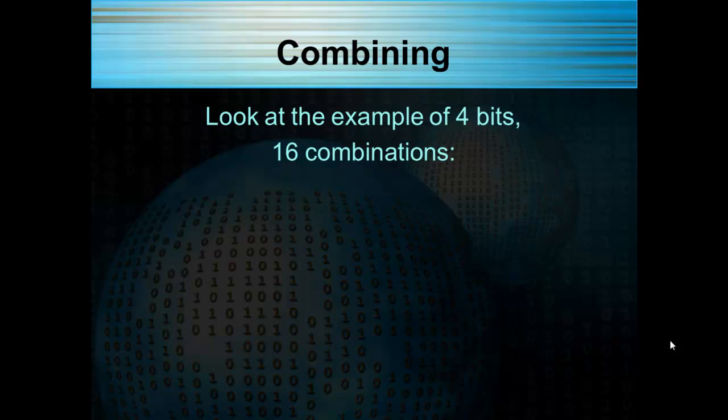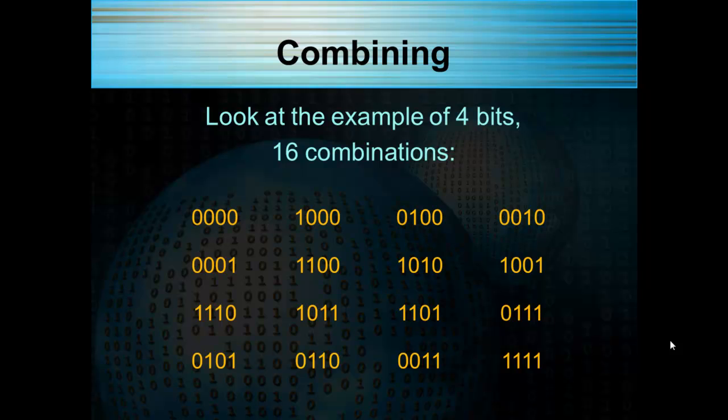So let's look at the example of 4 bits, which is 16 combinations. Now, I'm not going to go through all of these because I'm sure you can look at them and see what they are, but here are all of the different combinations that we can get out of a 4-bit system. And you go all the way from all 4 of them being off, in the top left, over here, and over here we have all 4 of them being on,